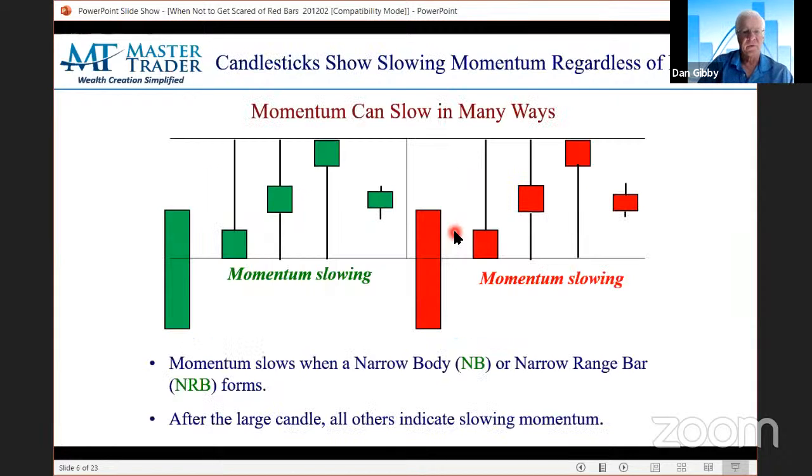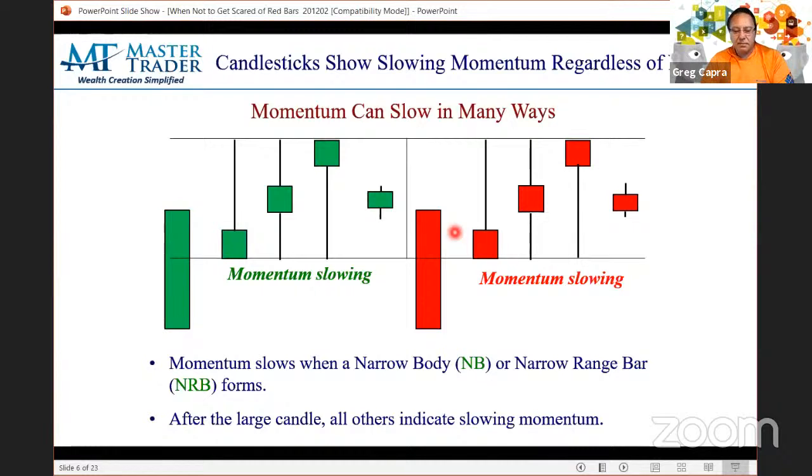So let's continue. Now we're going to keep adding to that. Greg, tell them why you don't need any of these abandoned baby names, whatever. We know what this picture is telling us. Because look, is it a big candle or a little candle? Is there a tail on the top? Is there a tail on the bottom? Is it a small candle body or a big candle body? So as we look at these,